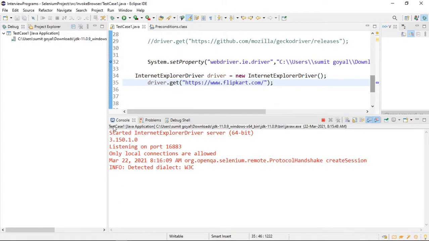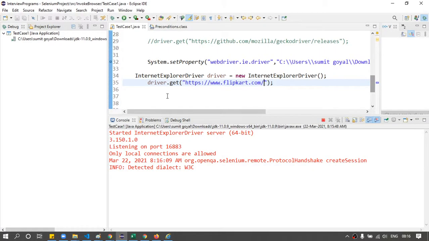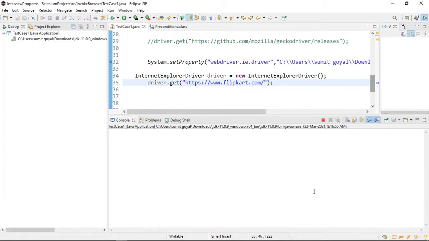So until unless terminated will not come here, which means program is not yet finished. You can see it is also, I think, due to that pop-up. Let me run it again. Try to run it again. Due to that pop-up, I think it is not able to proceed forward.